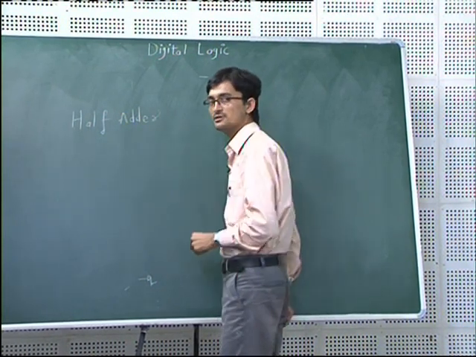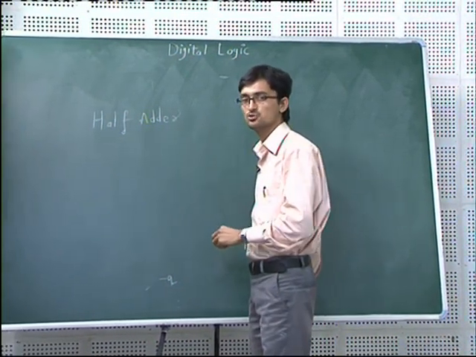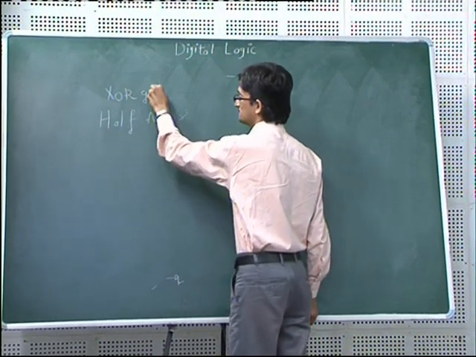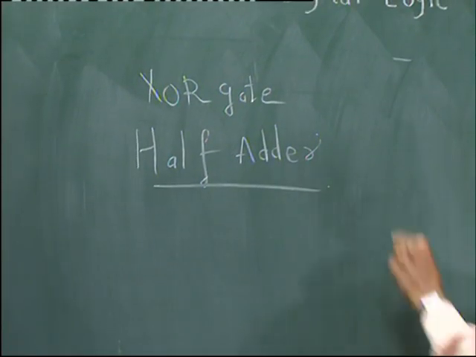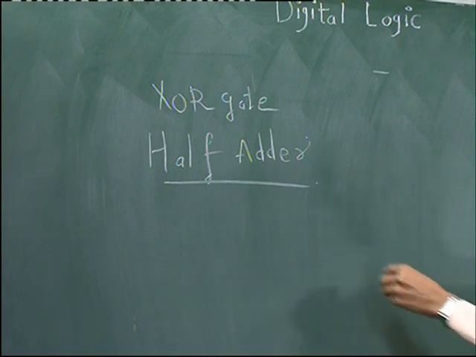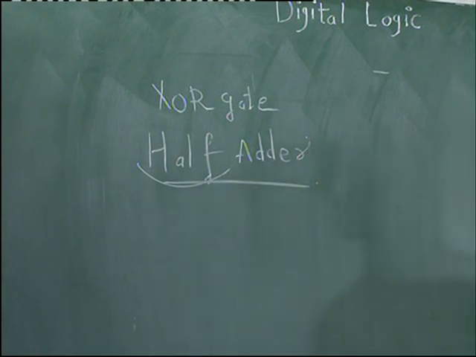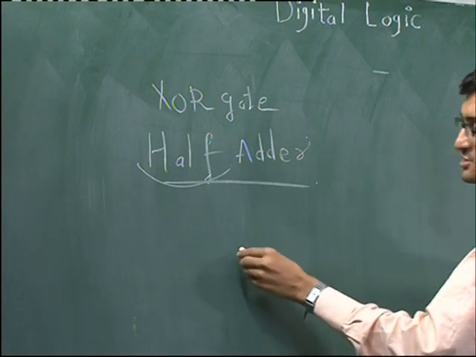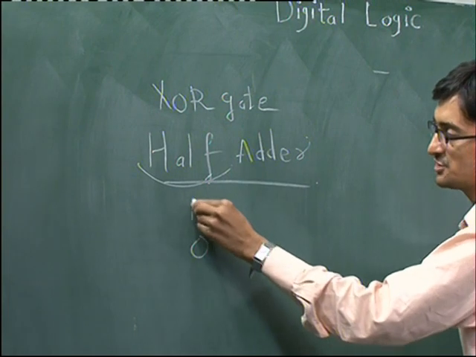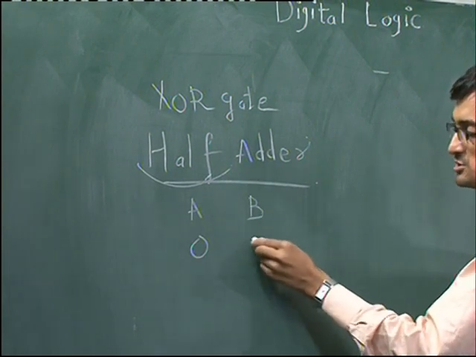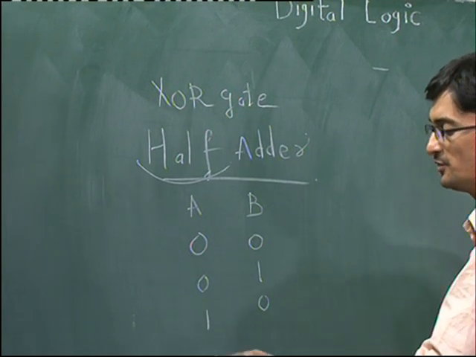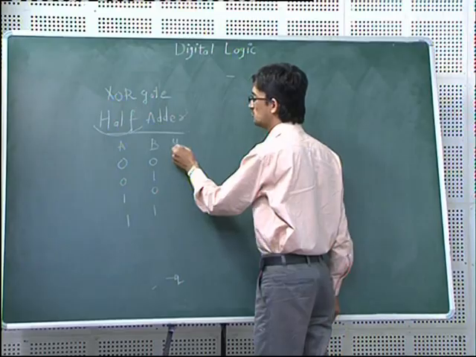Half adder circuit is an application of the XOR gate. So first of all, let me see what is the function of an adder. The function of an adder is to add two numbers, but the half adder will add two digits only. Let me make the truth table. For the two inputs, let input A and input B. Suppose 0 0, 0 1, 1 0, 1 1, and the output is Y.